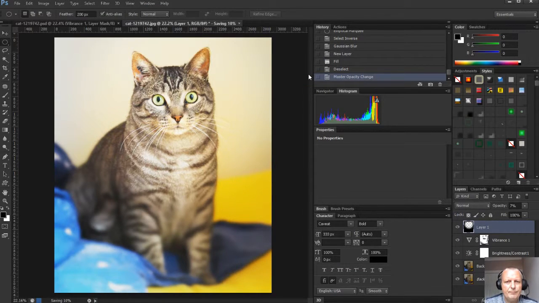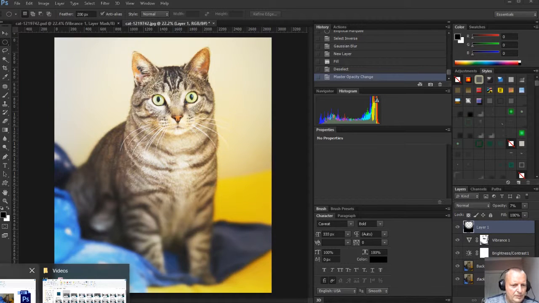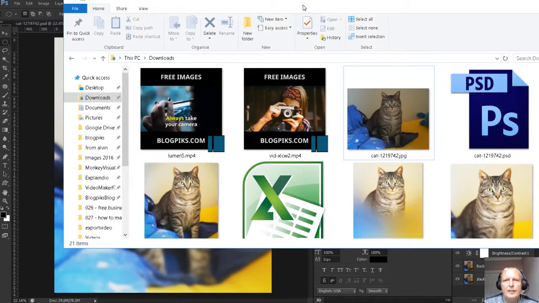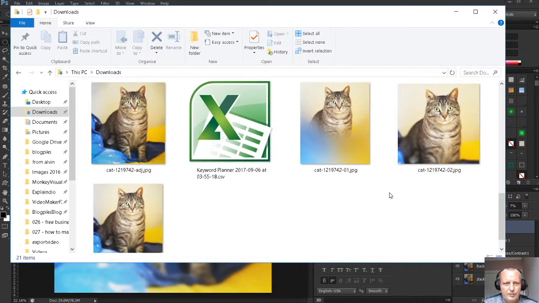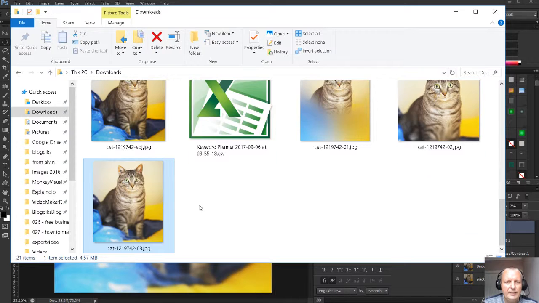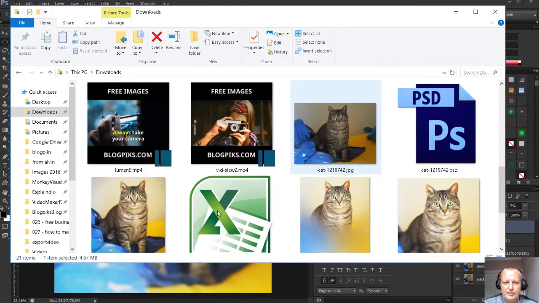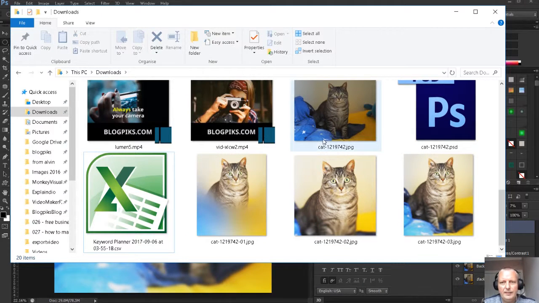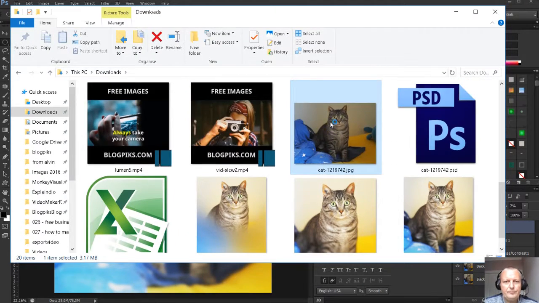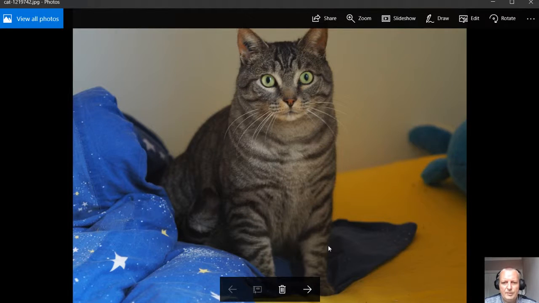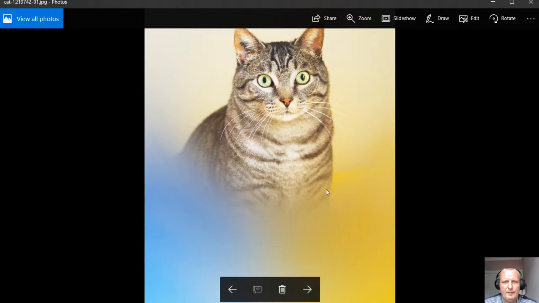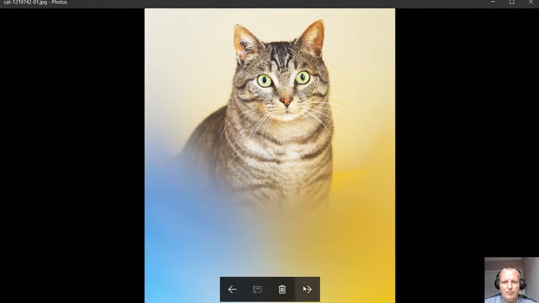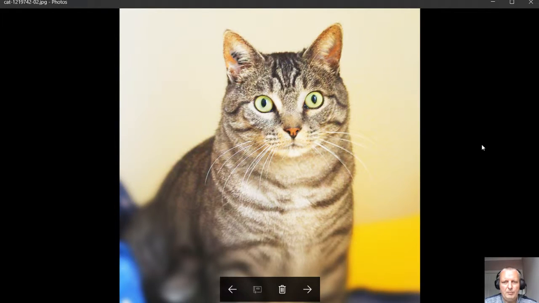Save it. So let's go to that folder. It was the downloads folder, and let's just review those different ones. It was 01, 02 and 03, and let's just look at the original first. So I'm going to delete that. That was one I did earlier. I'm just going to delete it so that we can see these ones. So that was the original. That was the one that I thought maybe would work. I'll just click there so we see the top. That was the one where I zoomed in,